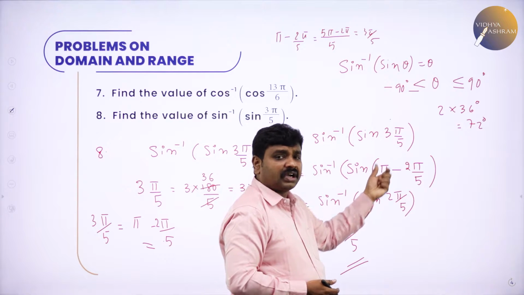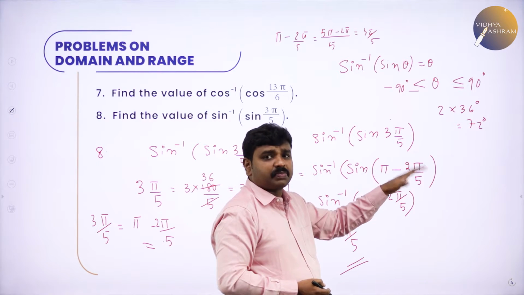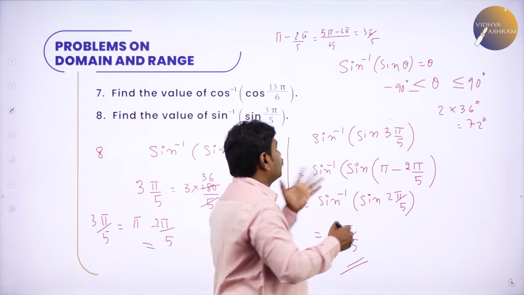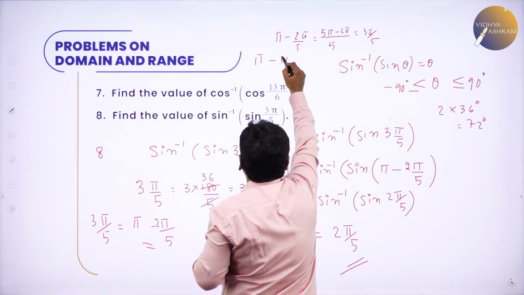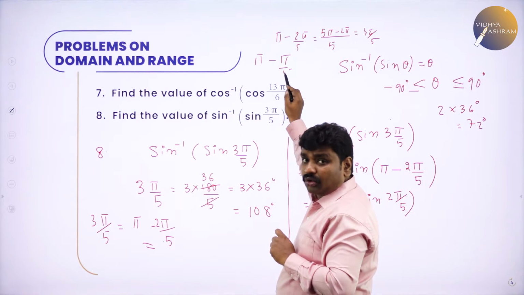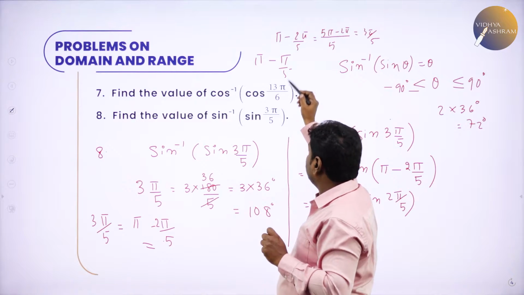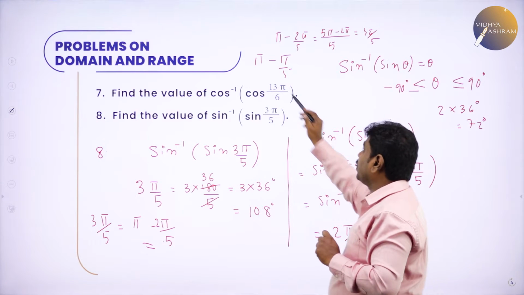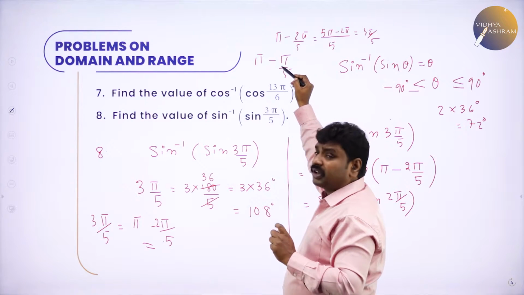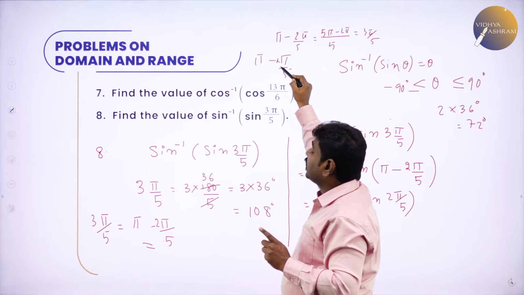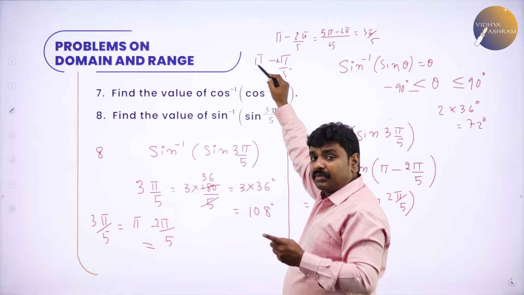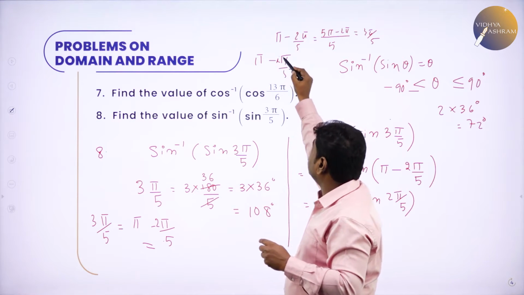How to write 3 pi by 5? Pi minus x pi by 5. The x value you find by trial. First I decide pi minus pi by 5. Because the denominator is more, so pi minus. If the numerator is more, pi plus. Denominator is more, so here 5 is more than 3, so pi minus. Pi minus what? Pi minus x pi by 5. X value you trial. 5 ones are 5. 5 minus what gives you 3? 5 minus 2 gives you 3. In the place of x put 2.